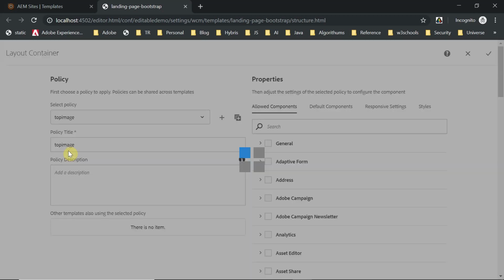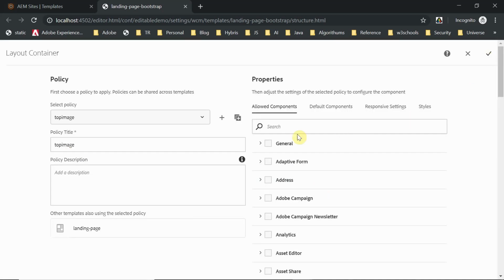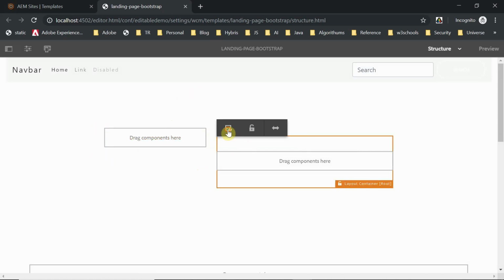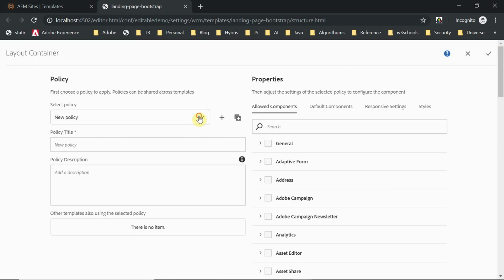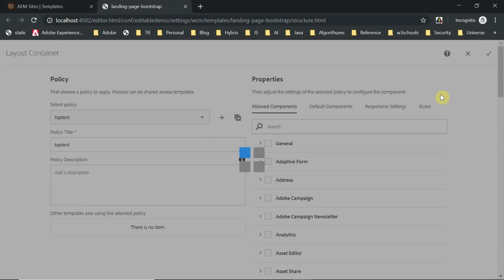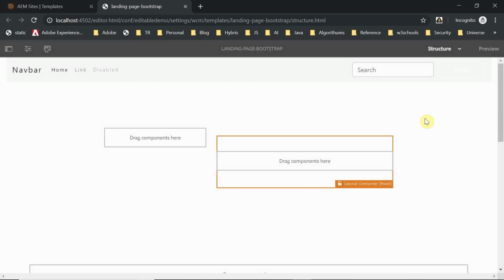I will select this top image here. This will allow only the image. So select on that. Yeah, that's fine. It's already unlocked because you directly added it from the program. So it's unlocked, but the structure looks a little different than what we saw earlier. Earlier, if it is unlocked, it will show the components that are allowed here, but somehow because it was manually added, it's a little different. That's fine. Now go here. I will select the policy top text, something will be there. Yeah, fine. Okay, that's fine.